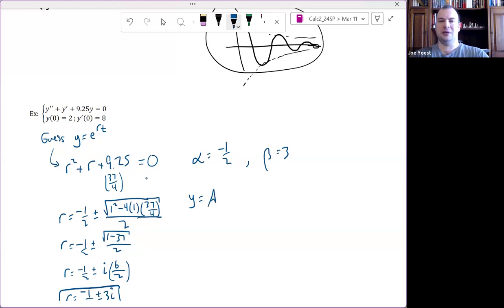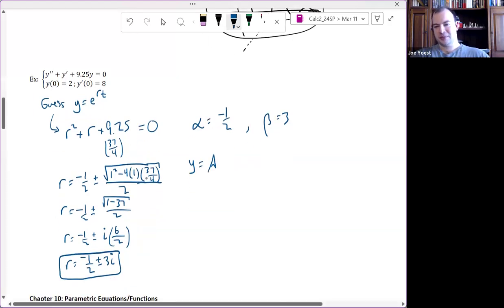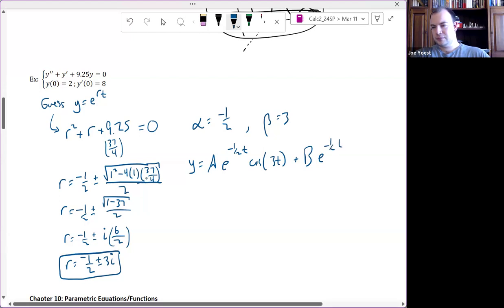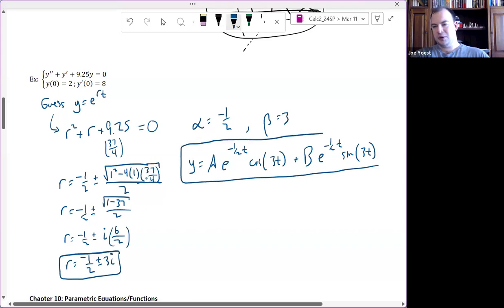I'll use constants a and b because they're a little easier to write. And this is my most general solution